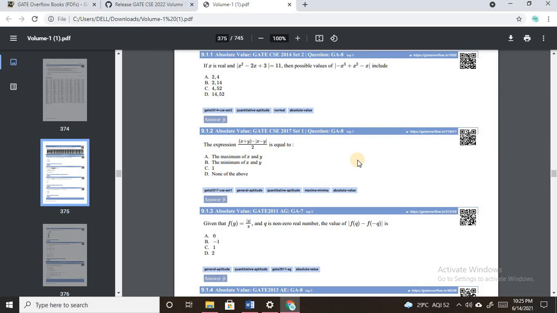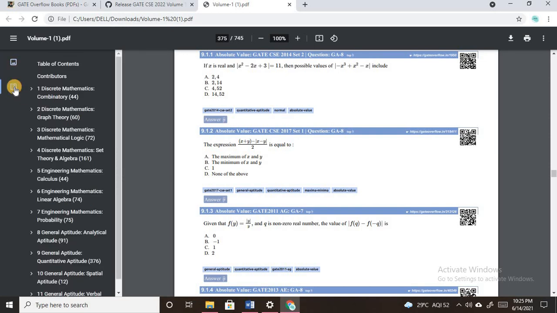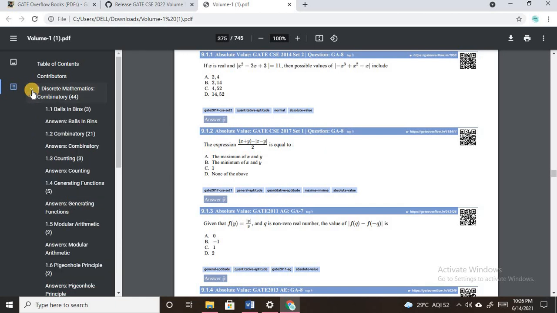Now suppose you are reading something on this page, but you want to see the index and move to some other topic or some other page. This also can be done very easily. What you got to do is simply click on this icon which says document outline. This will open this dialog box which has the index for you, where every topic is mentioned, and by clicking on this arrow you can also view the subtopics under these broad topics.